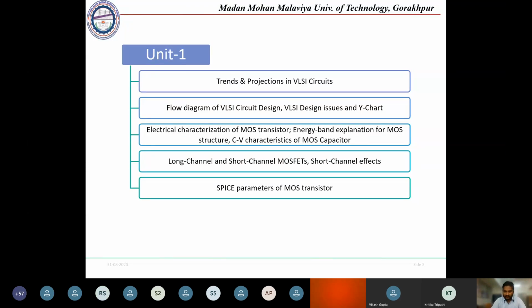Suppose we are designing an inverter. Once we design an inverter on the software, we will provide an input and we will get an output. So we will check whether the output we are getting is in respect to the inverter performance or not. That means if we are giving input 0, output should be 1.